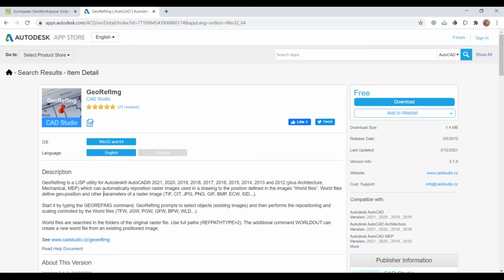So as stated here, this tool can automatically reposition our raster image, which is our orthomosaic file, and it uses the world file. As stated here correctly, world files define the geoposition of the orthomosaic files or any other raster file. So we'll be downloading this tool.